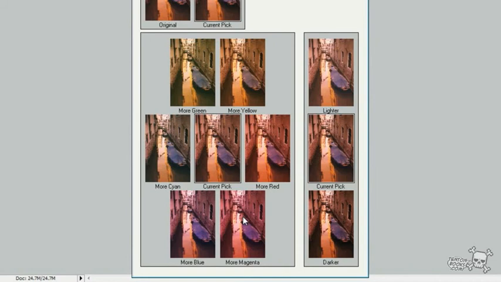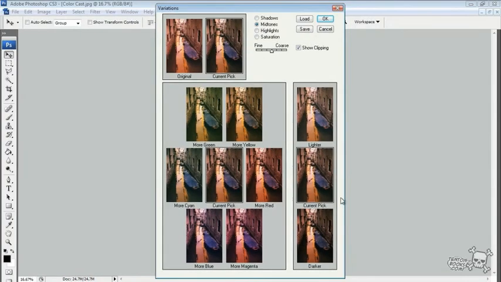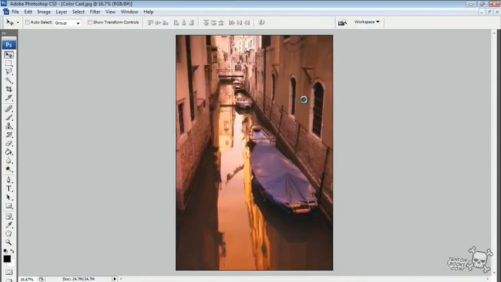Now, what I'm going to do here is I'm actually going to see what I can do about fixing up this image just a little bit. I'm going to go with one shot of yellow, so I'll single click on yellow once. I'll do one shot of cyan. I'll do a single shot of blue, just like that. And then maybe what I'll do is I'll go one shot darker, just to sort of darken up the image there a little bit, bring out the blacks inside the image. And then I'm going to go ahead and click on OK inside the variations dialog box. And then Photoshop goes and applies the